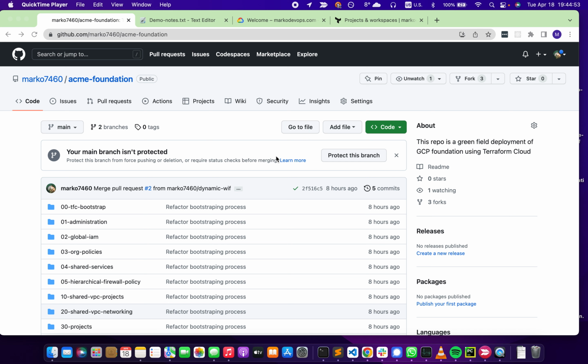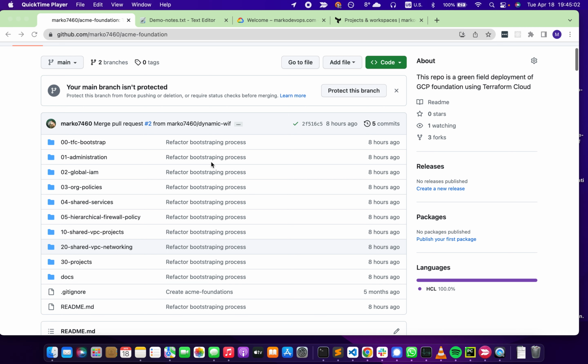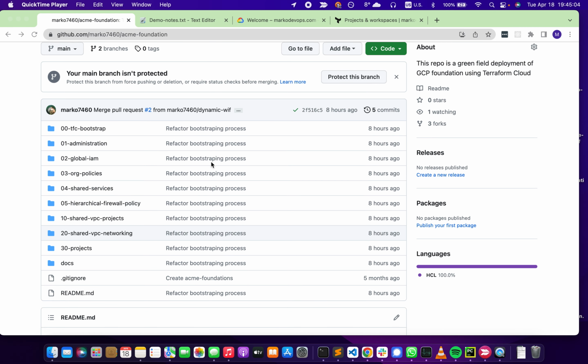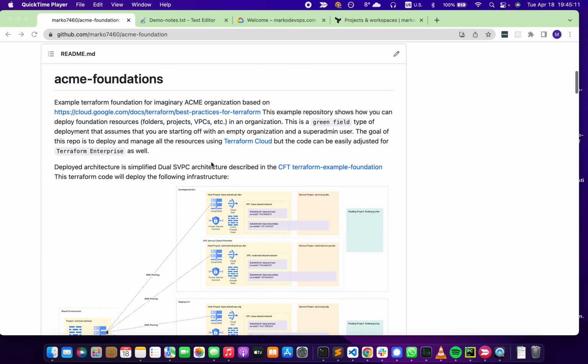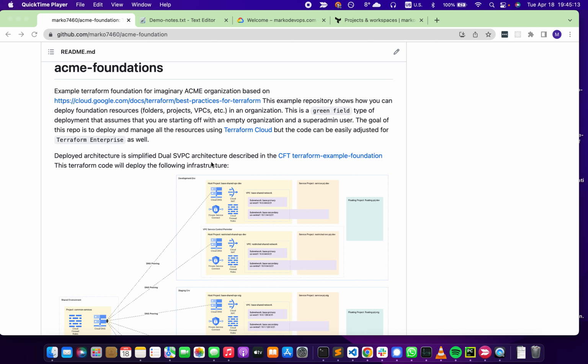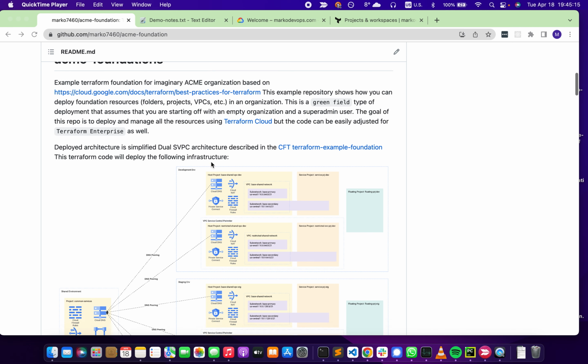Long overdue demo of the GCP Foundation. So basically, this is like a green field or day zero, maybe day one deployment. We're using Terraform Cloud and GCP Terraform modules. We can deploy